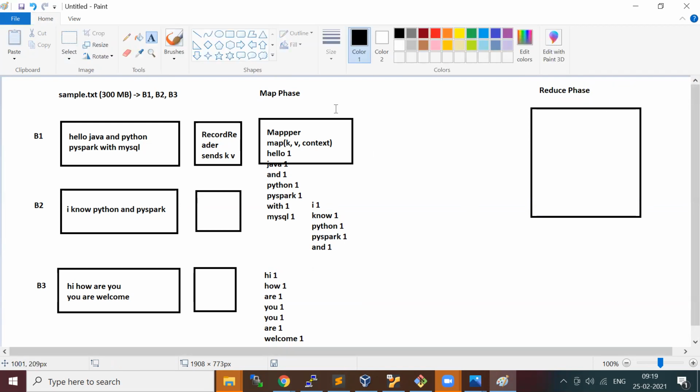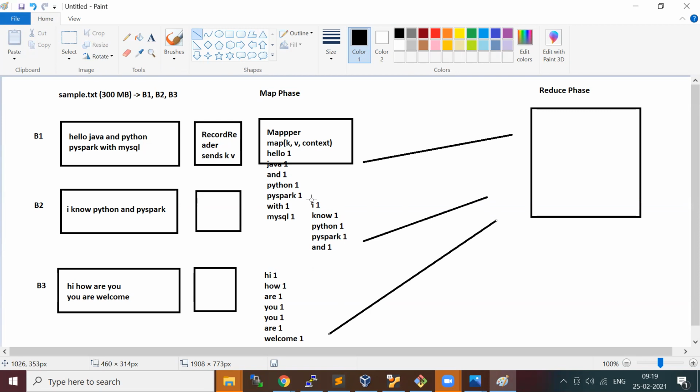During the shuffle, the output of the first mapper, output of the second mapper, and output of the third mapper has to go here. So you see 7 key value pairs from mapper 1, 5 key value pairs from mapper 2, and 7 key value pairs from mapper 3. So basically it will have the shuffle and sort phase.